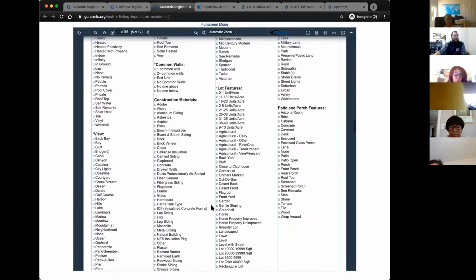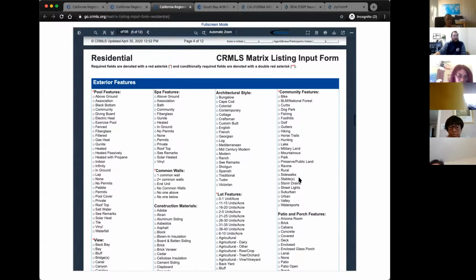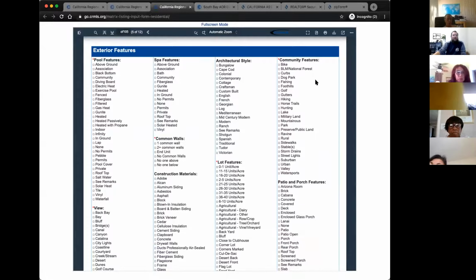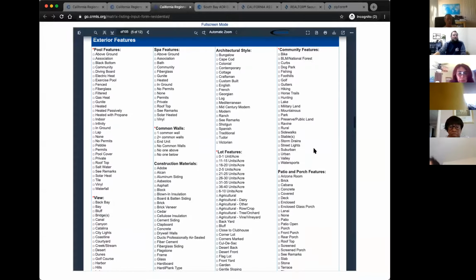A lot, I think it's under the community features. I know it's a main one that a lot of people have questions with. You can almost always check curbs if it's here in Torrance for it. Most of them have sidewalks for it, so those are usually the ones,